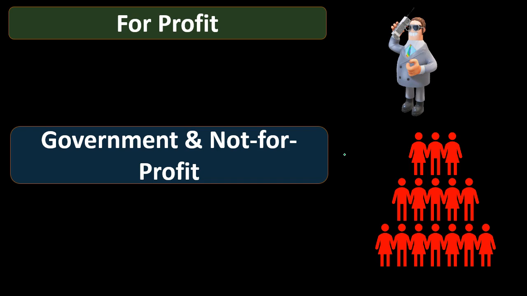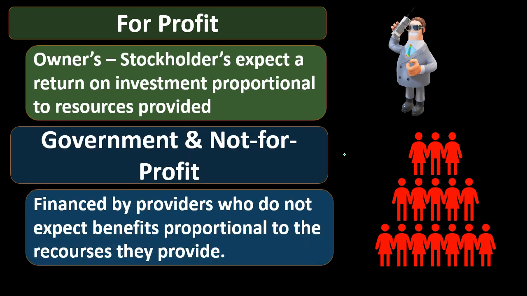Obviously, there's a lot of overlap, and then there's going to be some differences given the changes that have taken place. What then is the root cause or the key component that defines the changes between a for-profit organization and accounting for it and the government and not-for-profit? Basically stems from this concept. For the for-profit organization, the owners, which we would think of as stockholders if it's a corporation, expect a return on investment proportional to resources provided. In other words, if we're the owner of an organization, we're putting our time, our money into that organization, and we expect to get a direct return on what we have put into that organization, and therefore we are going to be regulating that.